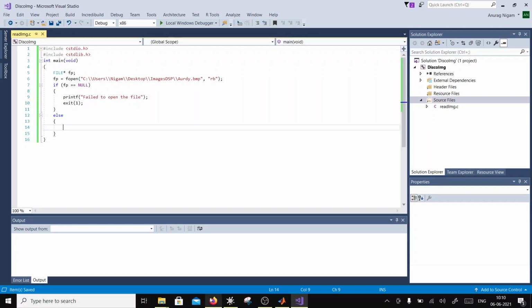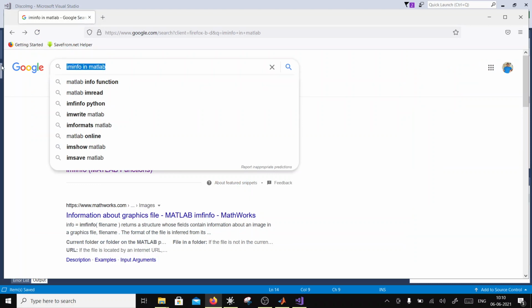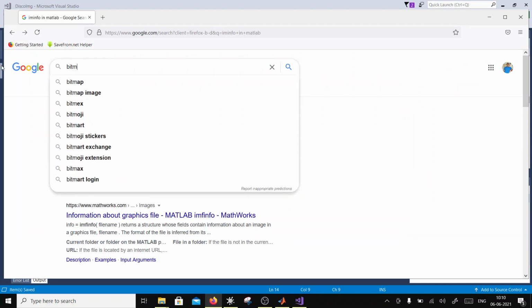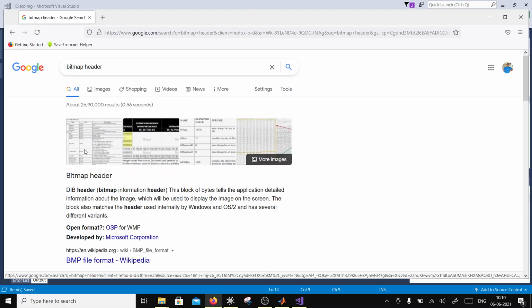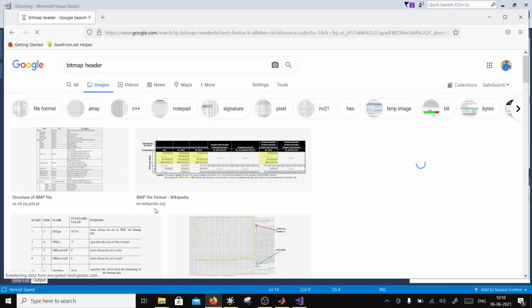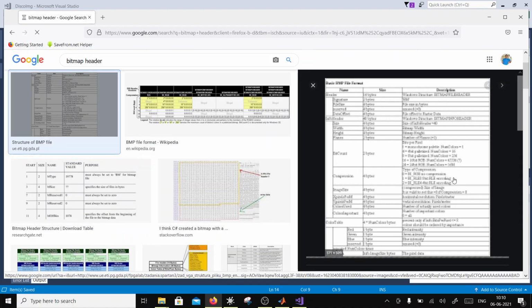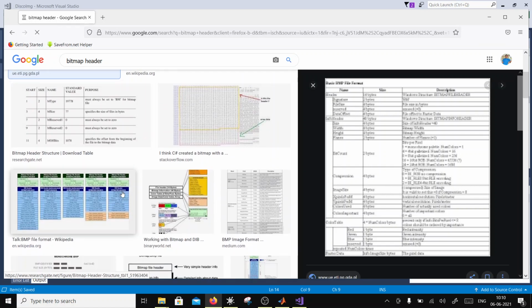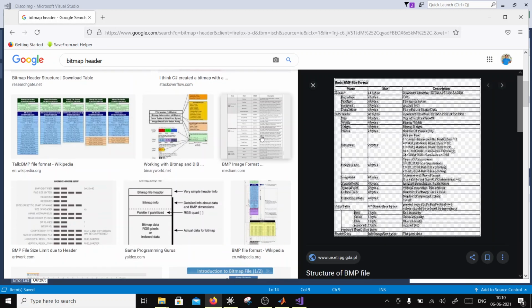So I will go again to Google and say bitmap header. If I go to bitmap header, I can open any of this stuff. It's not clear here.